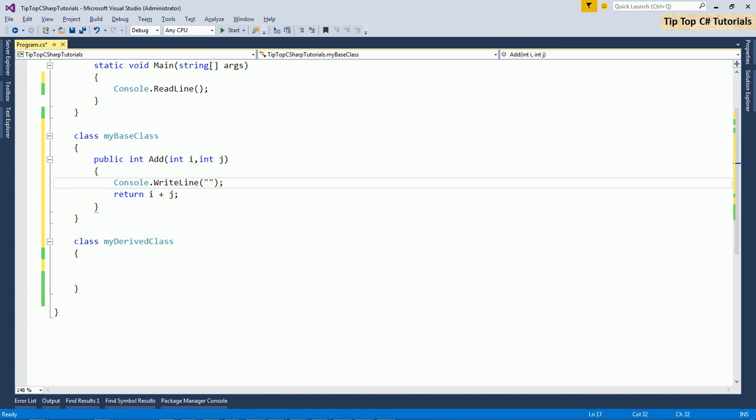Now I will print that base method is getting called, just that should be sufficient.